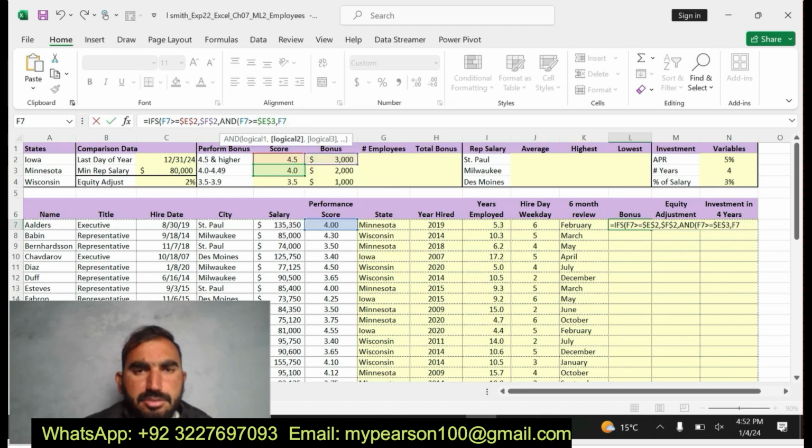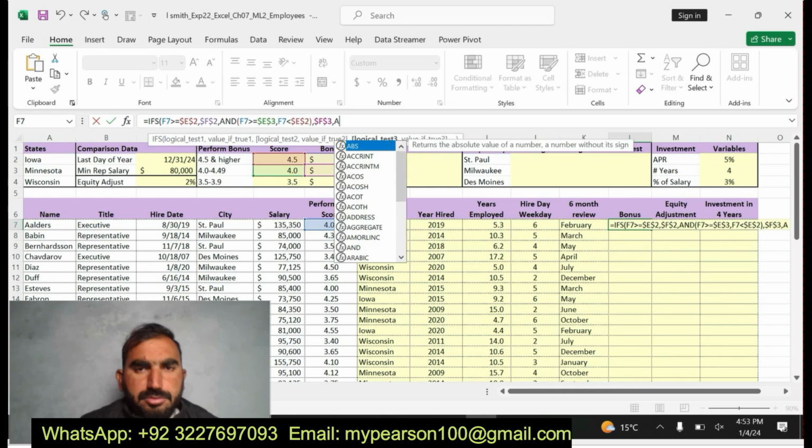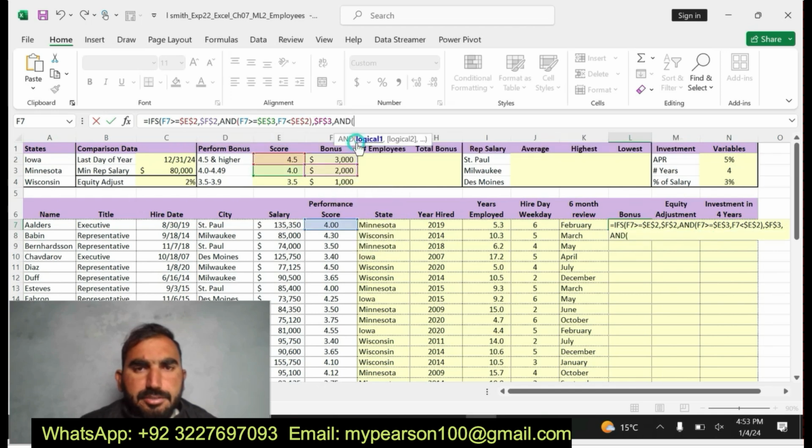Sorry, F7 less than E2 with the dollar signs as absolute cell references, close the brackets, comma, F3, apply absolute cell references, comma, and the IF function again. F7 greater than or equal to